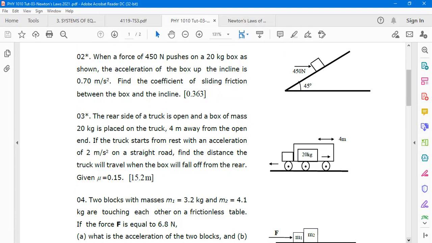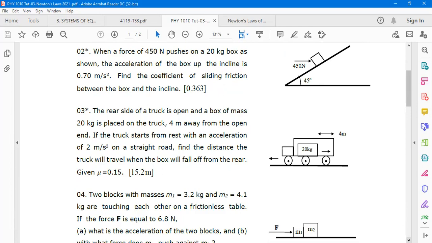Yeah. What about question please? Question three. Question 3. Okay, let's see if we can do question 3